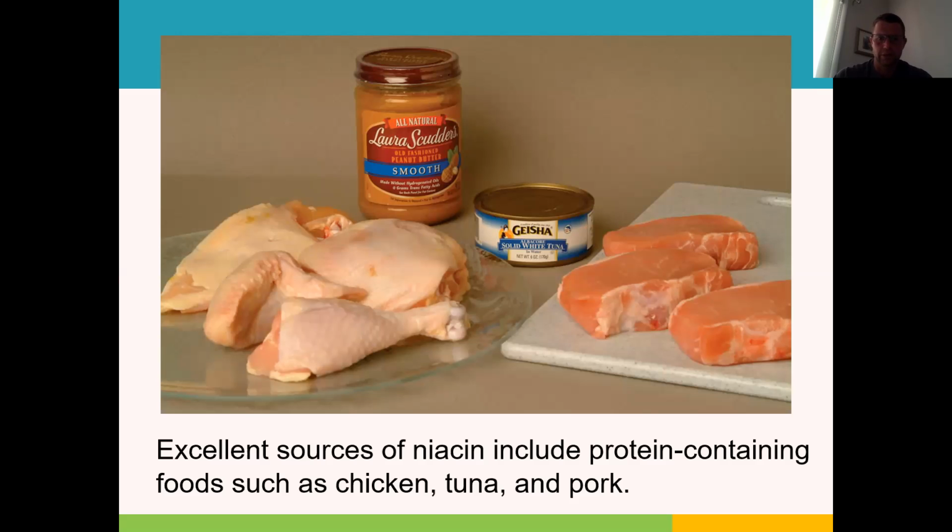The pork over there, depending on how much fat you cut off, can be mostly protein, or if you eat a lot of fat with it, it just depends. Again, tuna can be mostly protein. Peanut butter just has so much fat in it. Any nuts and the oil from the nuts is going to have a lot of fat. It's mostly a fat source, but it does have a good amount of protein, I guess is the best way